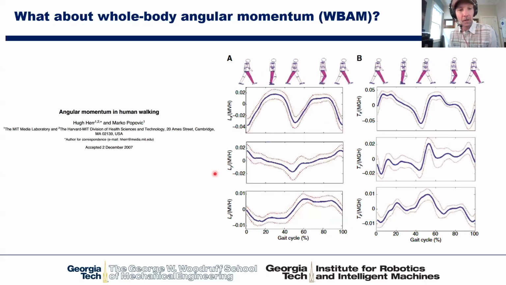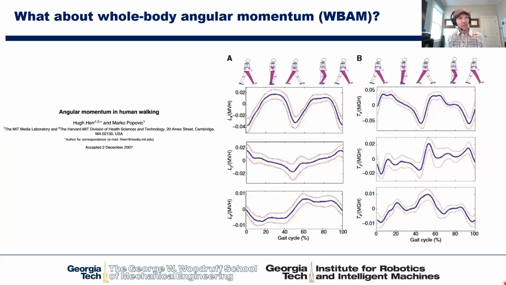Another idea that's floated around for a long time, and that we've been exploring in our own lab as well, is the idea of angular momentum regulation during walking. Just from physics, this makes a lot of sense: you want to regulate your angular momentum to be on average around 0 when you're moving so that you don't pitch to the ground, right? Angular momentum is the sum of all of your segments and how their pitch velocity changes over time. And the moments that you place around your body's center of mass with your feet on the ground are constantly